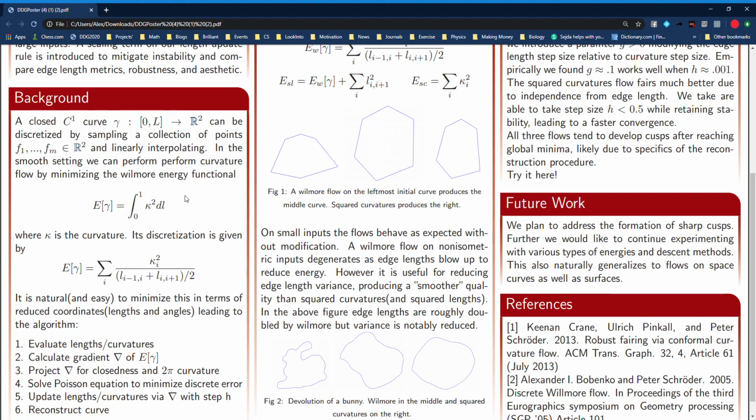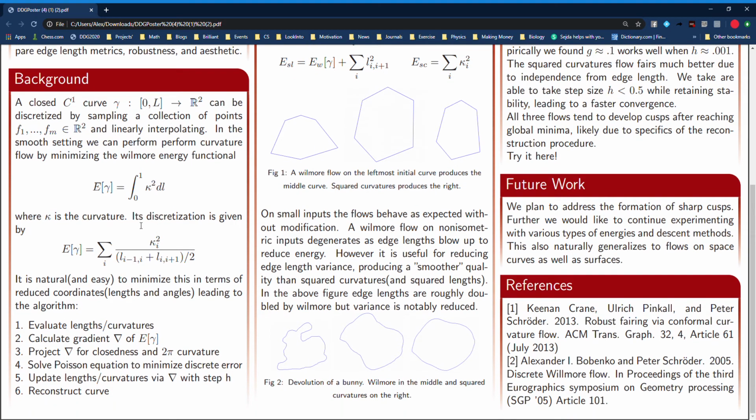And then in the smooth setting, if we want to run a curvature shortening flow, really what we can do is we can say we have this energy functional, which we're going to call the Willmore energy. And then we're going to minimize it. And we're going to say that the minimizer is what's called an elastica, but really it has these nice smooth properties. So in order to replicate the discrete setting, we consider the discretization of the Willmore energy, which